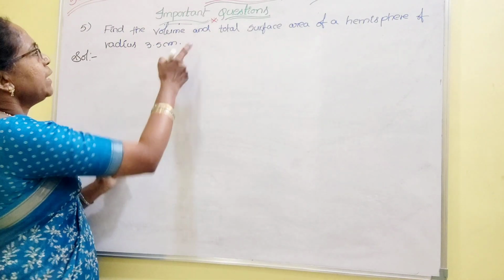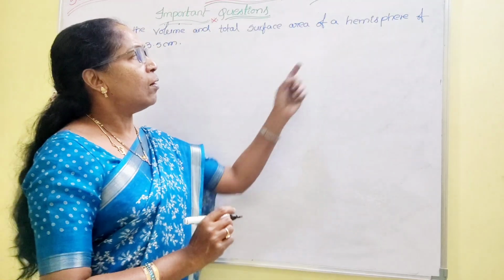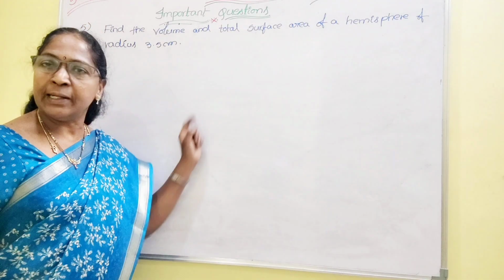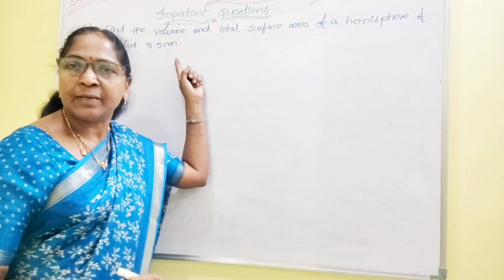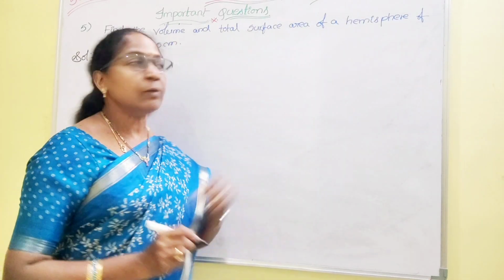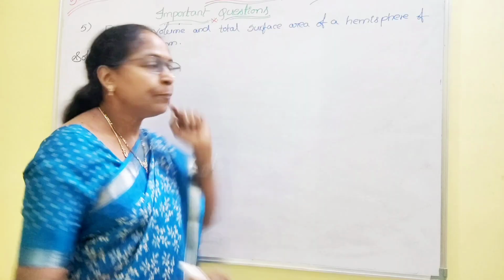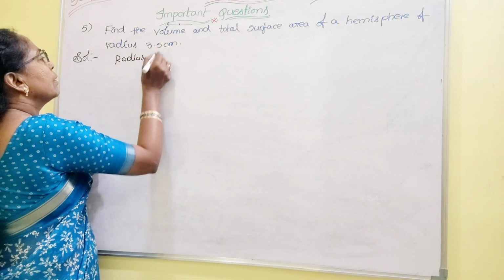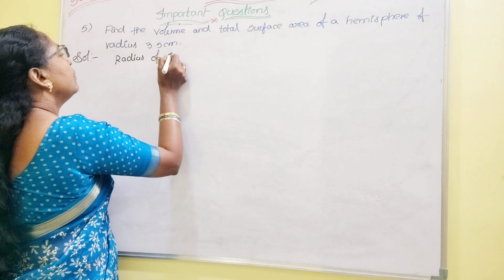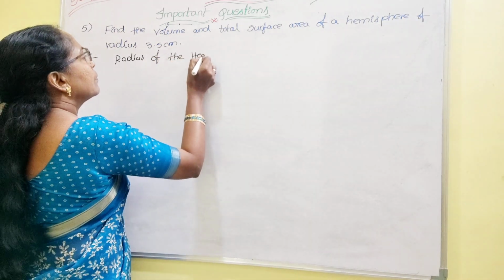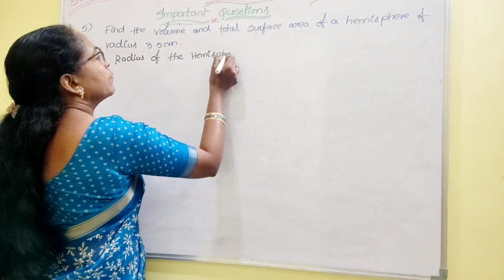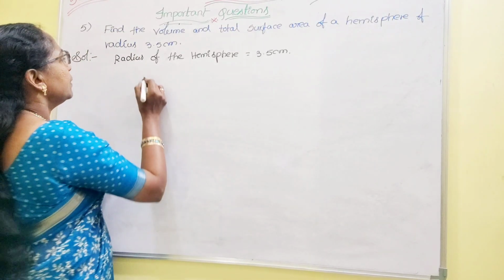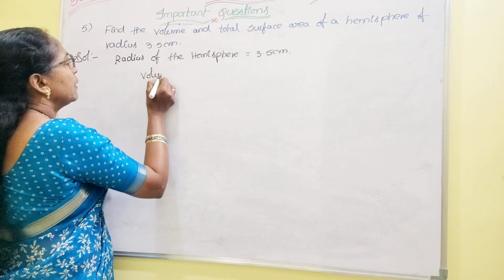Question: Find the volume and total surface area of a hemisphere of radius 3.5 centimeters. Now here you have to write down that the radius of the hemisphere equals 3.5 centimeter. Use that radius to find the volume and total surface area. Now first write down radius of the hemisphere equal to 3.5 centimeters. Now volume of the hemisphere equal to